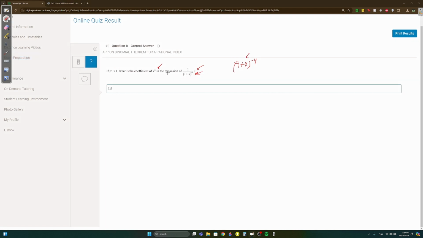We want the x4 term, right? If you expand this, the general term is minus 4 C k x to the power of k, right? Now we want the power to be 4. So what is k going to be equal to? k equals 4. So you're going to get minus 4 C 4 x to the power of 4. Minus 4 C 4 is